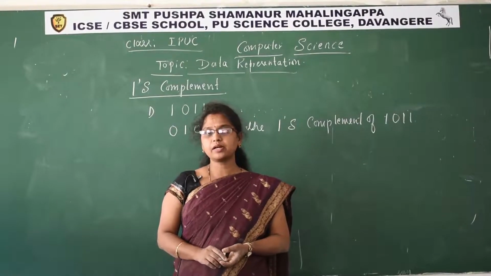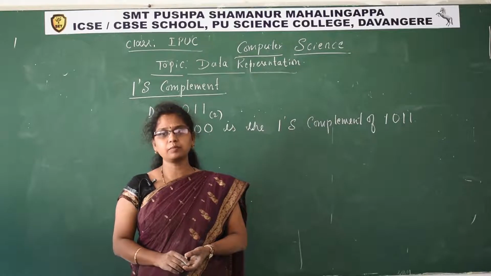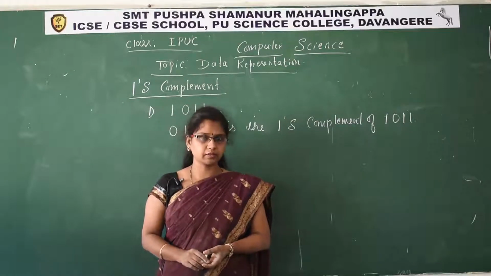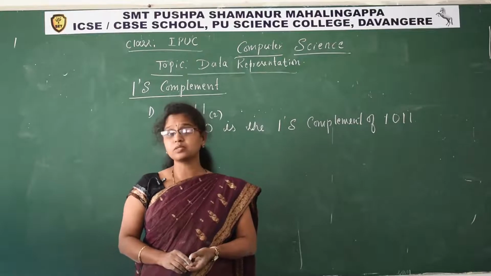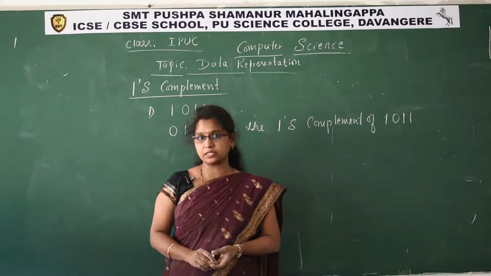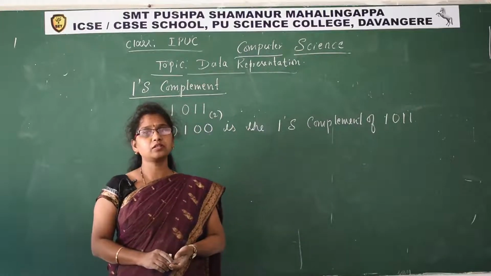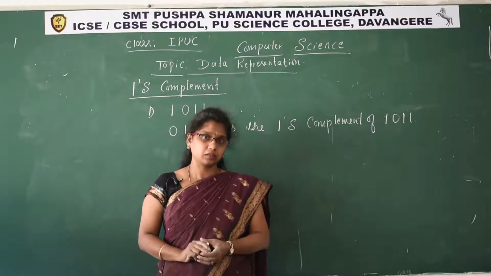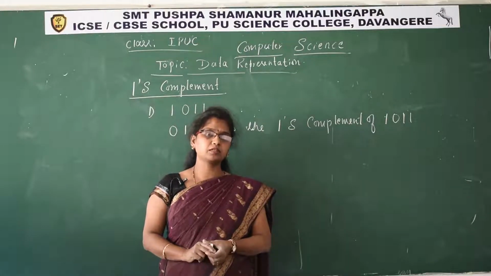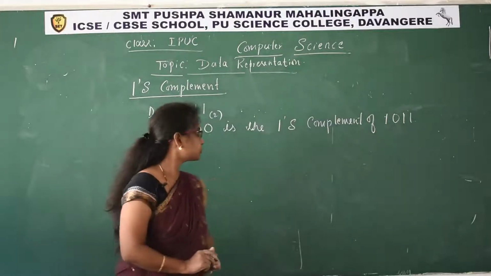See, what is the drawback of binary subtraction? We cannot subtract a larger number from a smaller number by using those binary subtraction rules. But using ones complement subtraction and twos complement subtraction, we can do the same. We can do the subtraction from smaller number to larger number and also larger number to smaller number.